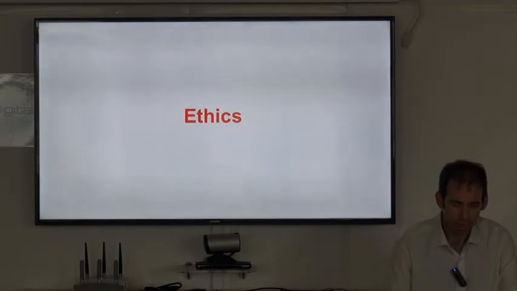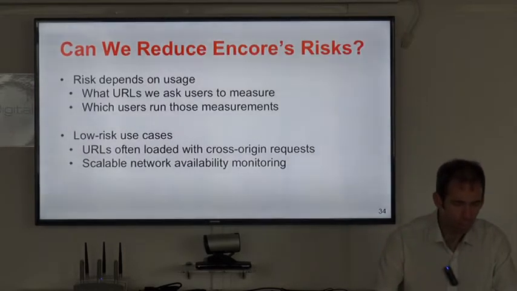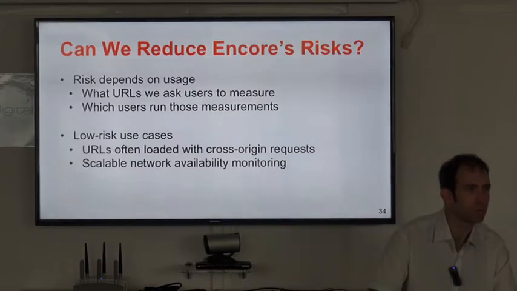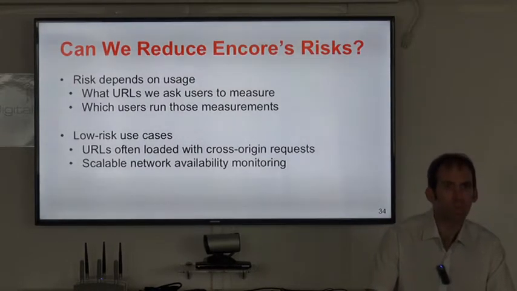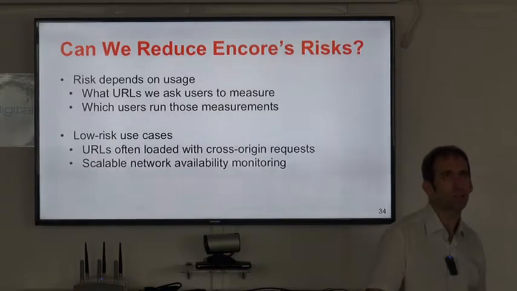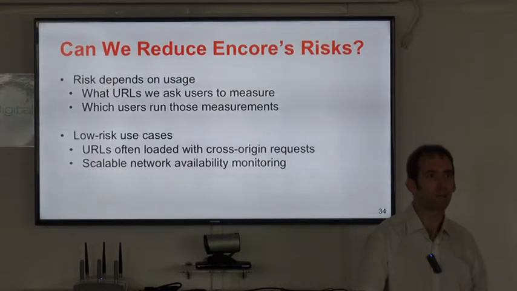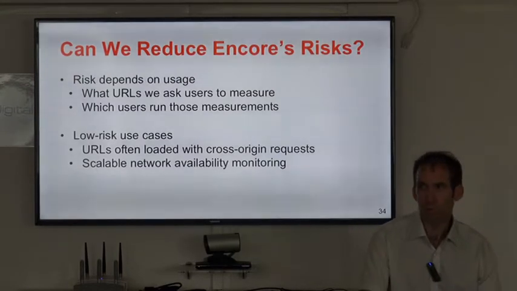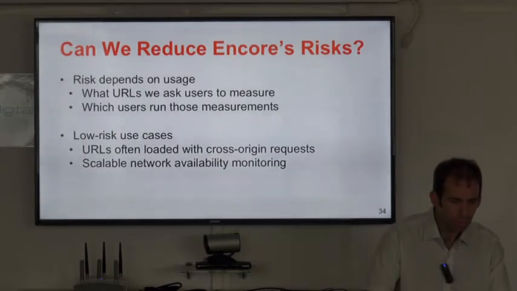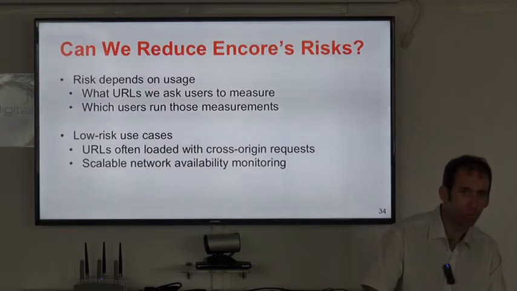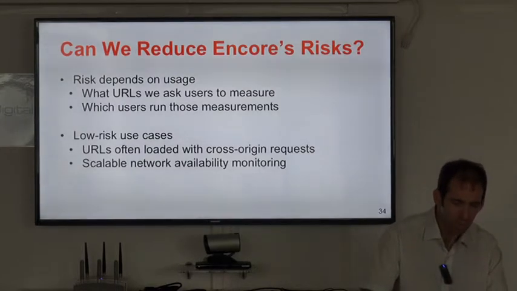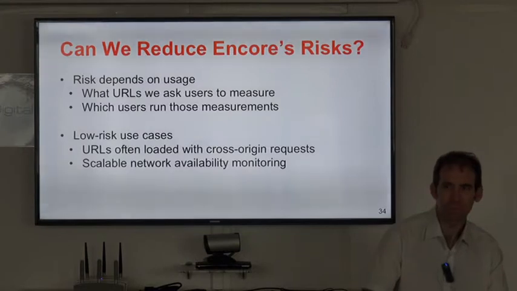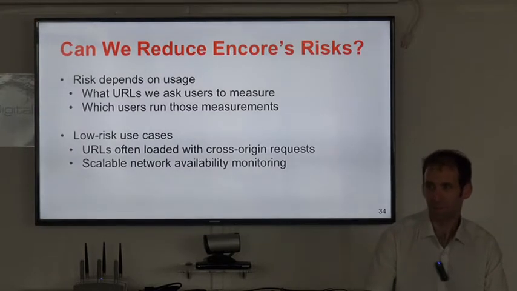If you get into the lingo of ethics, there are different ways of reasoning about risk. Let me come to the practical question first. The only sites we measure right now are Twitter, Facebook, and YouTube. Why did we limit it to those? It comes down to the principle of minimal additional risk. It's pretty hard to browse the web these days without loading one of those sites, because